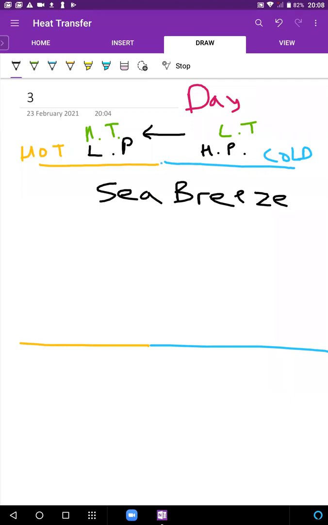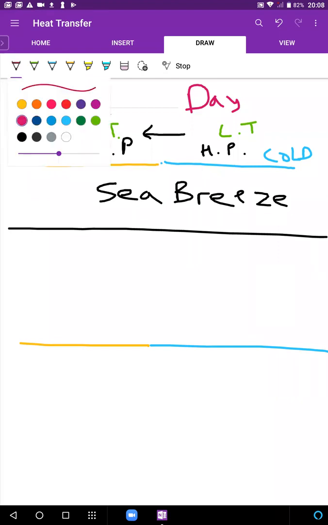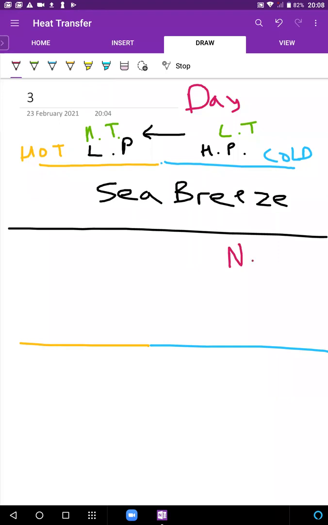During the night, what's going to happen? एक मिनट, इसके बाद previous page दिखा देता हूँ. So during the night, now the entire day water has been heated up. ठीक है? Now night has come, the sand quickly loses heat because sand has low specific heat capacity. So sand becomes cold during the night. The sand becomes cold and is the water which stays hot at night. And because water stays hot at night, now you're going to have higher temperature over here, lower temperature over land.